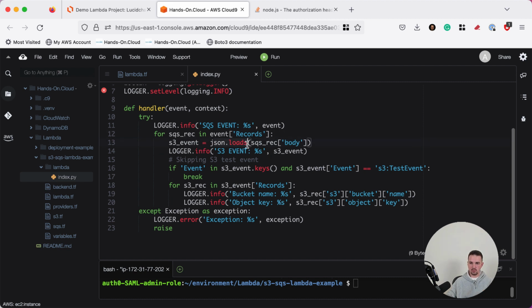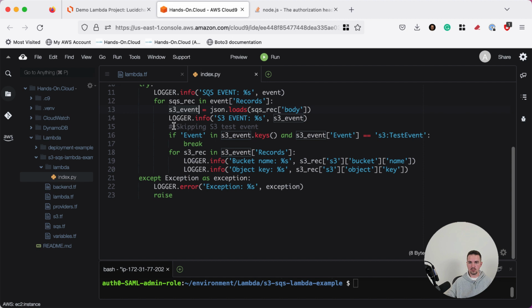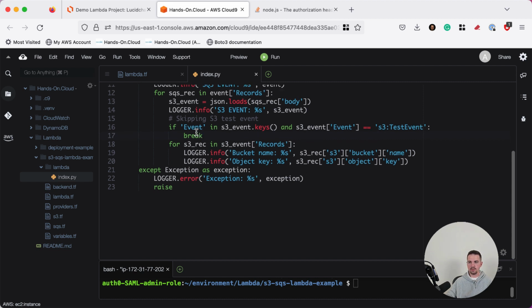So I'm using the JSON loads method to convert the string to the actual S3 event, and then I'm logging this event. Afterwards, I'm ignoring the S3 test event, which an S3 bucket will send to the SQS queue from time to time. And if I'm getting a different type of event, I'm logging the S3 bucket name and the object key. But here, starting from that moment, you can do something meaningful with your